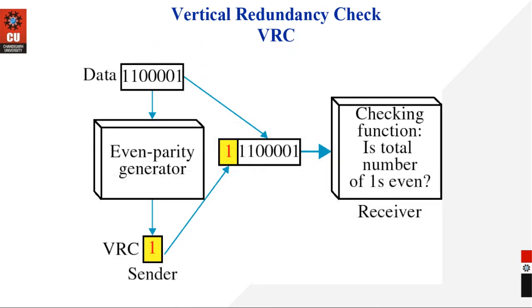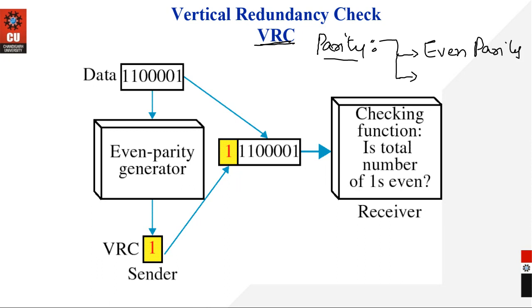In the vertical redundancy check, the method says, please understand it very carefully. It is very easy also. Once you understand it, you will never forget it. Now in VRC, whenever we are generating the redundancy, if you remember from the previous slide, what do we need to do first? Generate the redundant bits. We need to generate the parity. When we are generating the parity, there are two methods, that is, two techniques. First one is the even parity generator. Like there are two functions: either we can use the even parity generator function, or we can use the odd parity generator function.